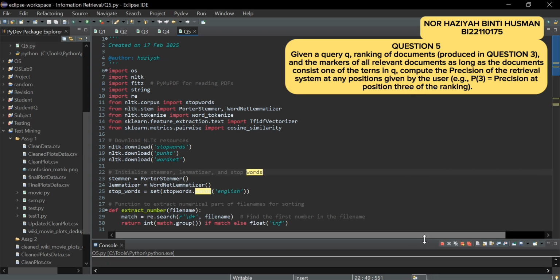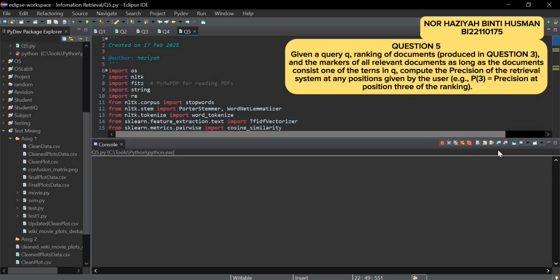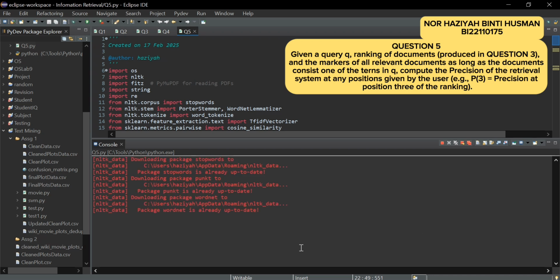After this ranking is produced, the user provides a list of relevant documents. We then compute precision at K, which helps determine how many of the top K retrieved documents are actually relevant. For example, when given the query, digital twin is related to generative AI, the system ranks the documents as follows: